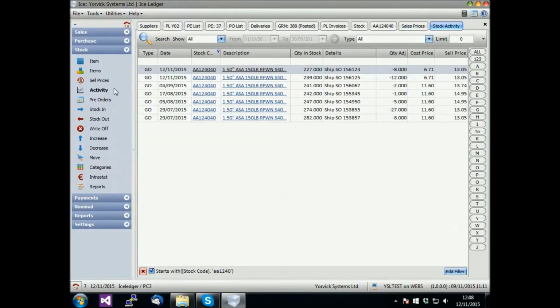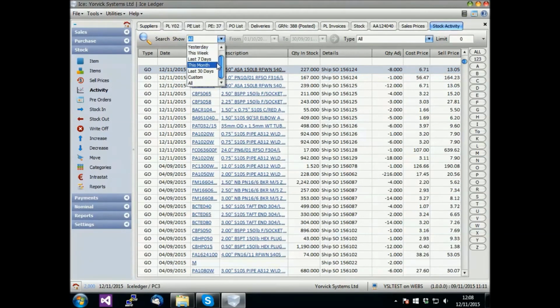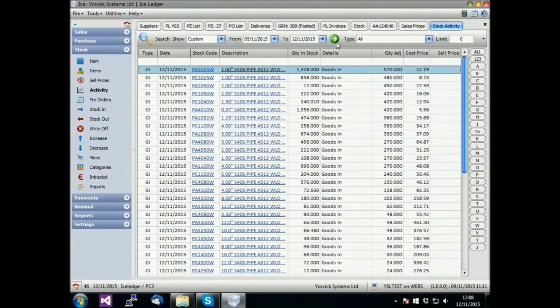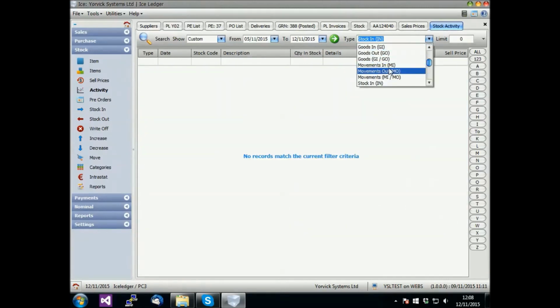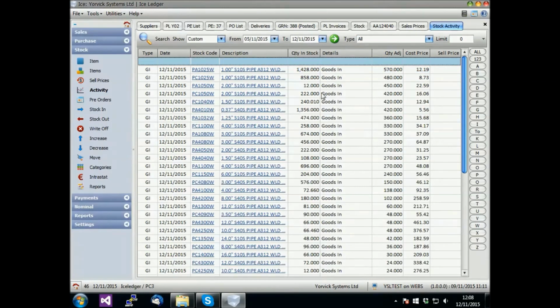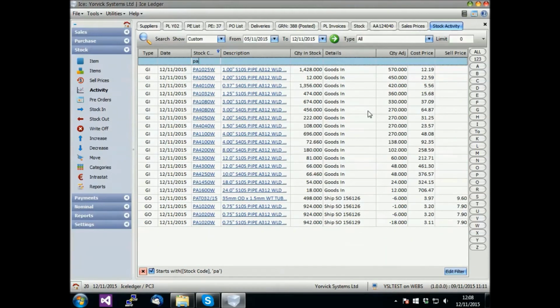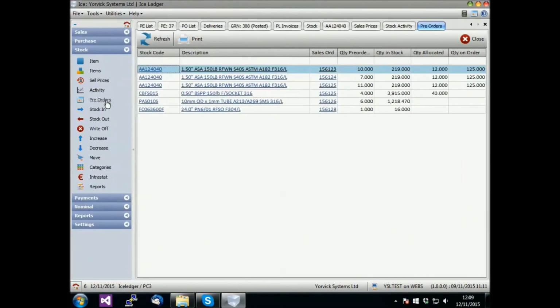The activity screen allows all stock adjustments to be examined with date range, transaction types, and full filtering capabilities. Pre-order screen shows, at a glance, all items in sales orders to which stock has not yet been fully allocated.